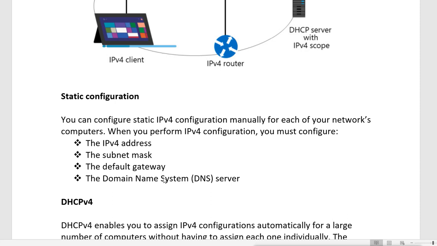Now there are 300, 400 machines, and each machine has a unique IP address, which is a number. So we can't remember all those numbers. So we have the DNS protocol, and we configure the DNS server so that we can call machines by name. We don't have to remember their IP addresses, we can remember their names. Whenever we want to connect to them, we connect with the name, and that will be resolved by the DNS server.